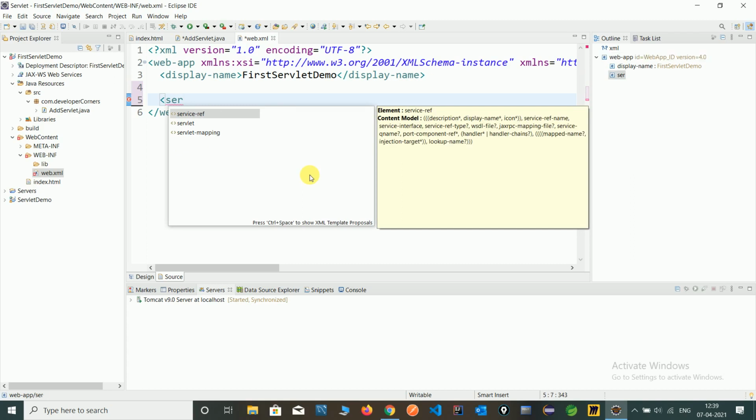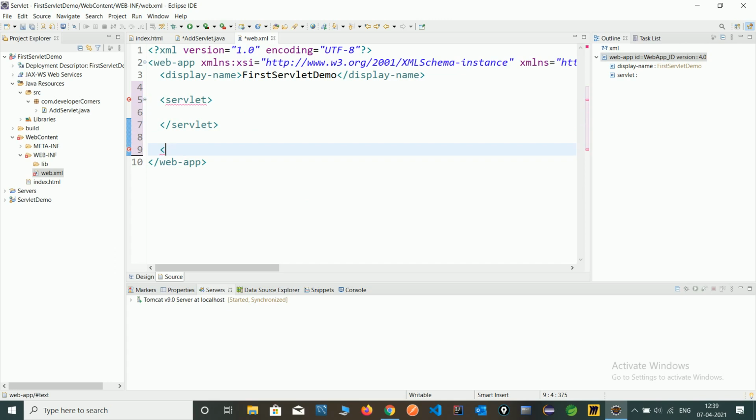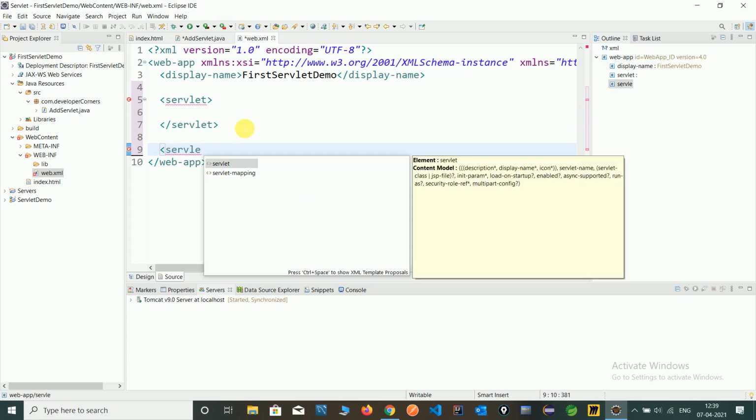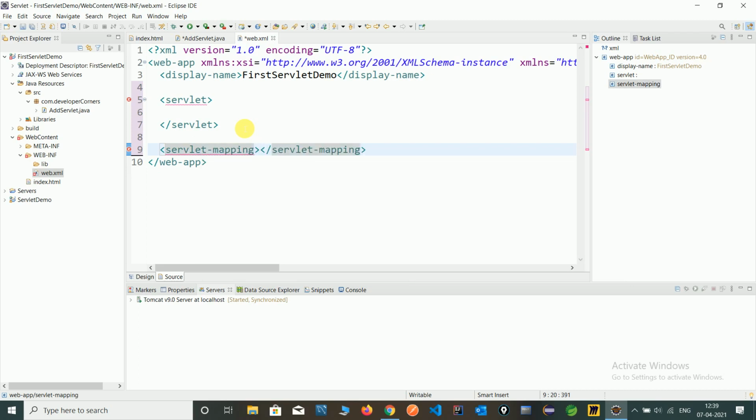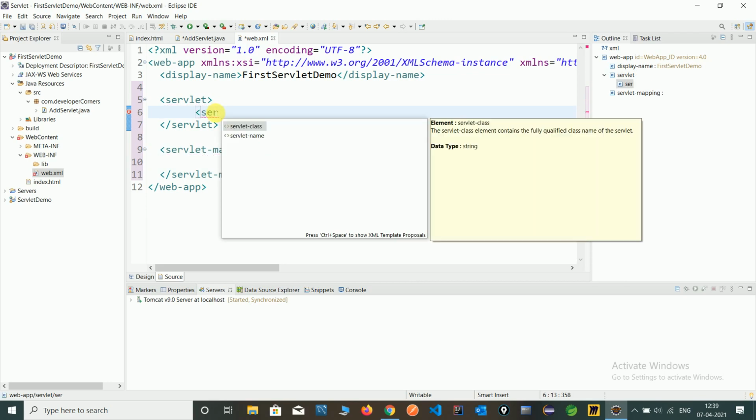One is the servlet tag and another is servlet-mapping. In the servlet tag we should take the servlet name.